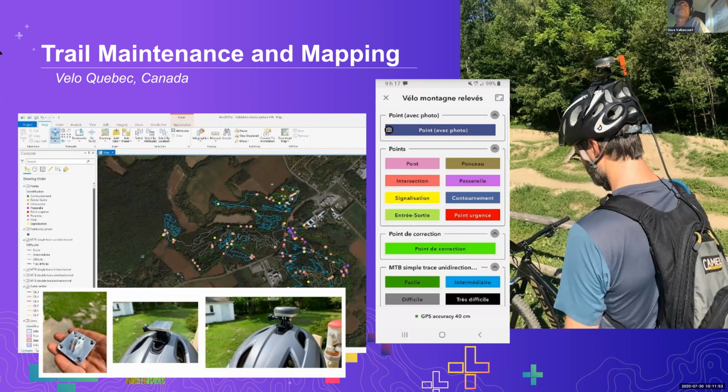Here's an example from Quebec, which is a trail maintenance application. And this is really interesting, where we have, on the bike rider,